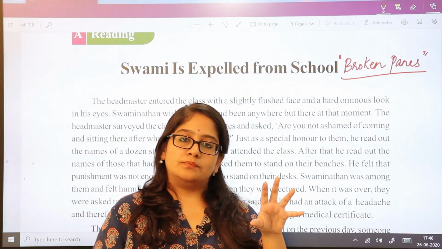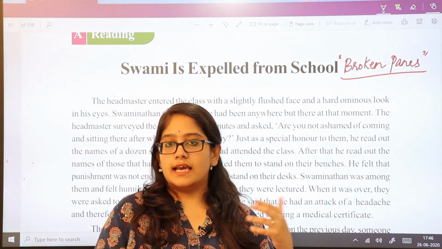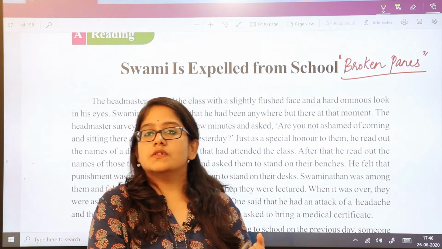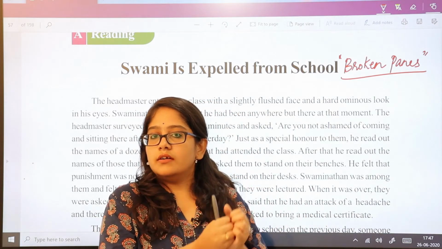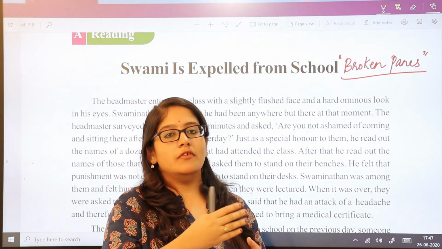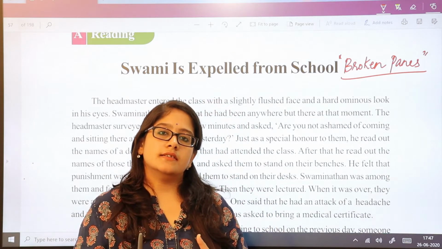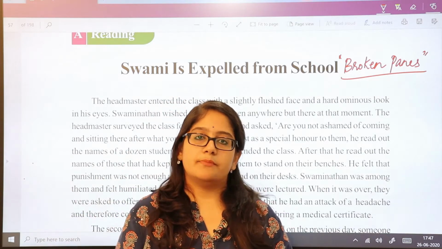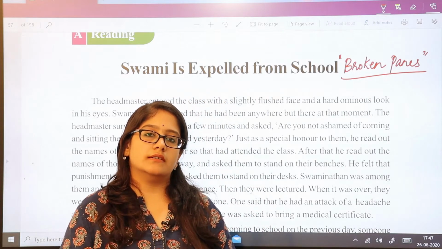The character of Swami also represents the Indians. As the novel was set in British India, the weaker version of Swami in the beginning of the novel, who just tolerated all the domination, was similar to those Indians who just tolerated quietly all the domination of the Britishers. And as the novel progresses, Swami eventually learns to speak for himself, which again represents the Indians who participate in the freedom struggle and then attain independence from the British. So that's the reason why the theme of independence is also covered in this novel.